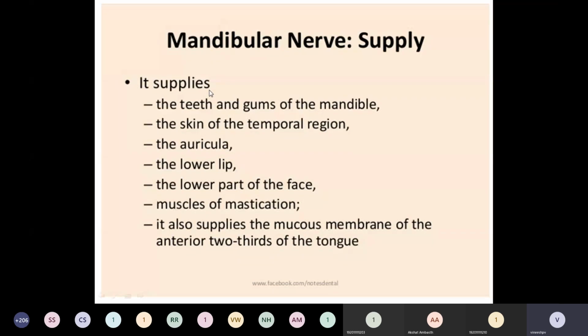As for MCQs, the anterior division gives only one sensory branch, that is the buccal nerve. And the branches from the trunk are to the medial pterygoid and nervus spinosus, the middle meningeal branch. One more MCQ question: along with the medial pterygoid muscle, what other muscles does it supply? That is tensor tympani and tensor palatii. So these are the common MCQs, short essays and short answers from the mandibular nerve.